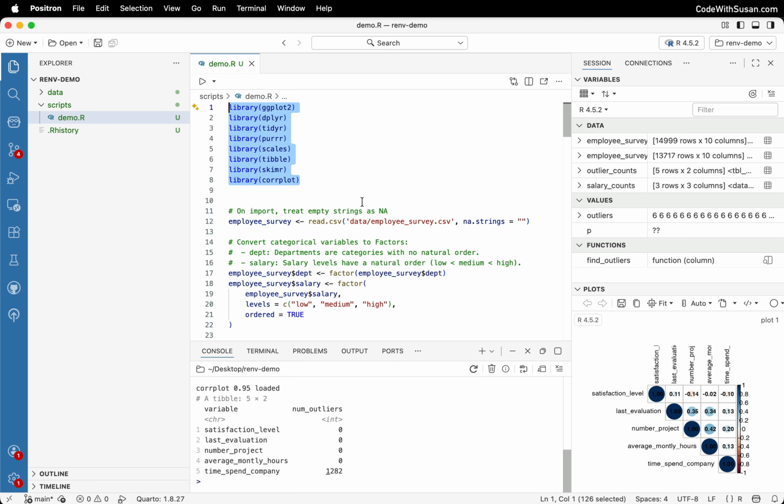That's where the renv package comes in. renv isolates dependencies on a project-by-project basis, so each project manages its own package environment. That way, when someone else runs your code, they're not just using the same script, they're using the exact same